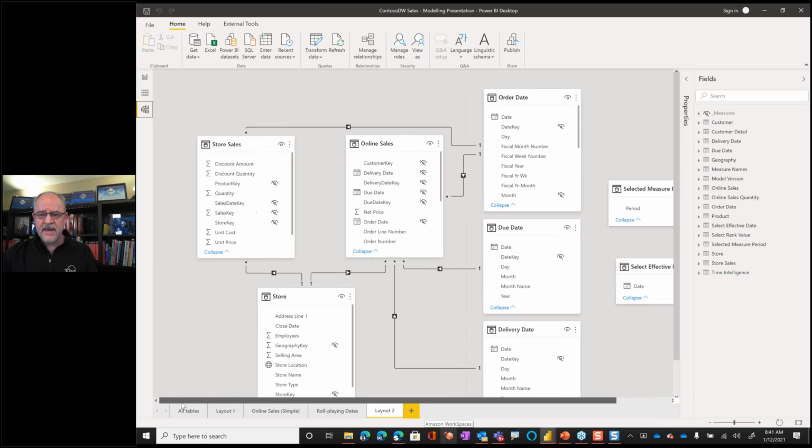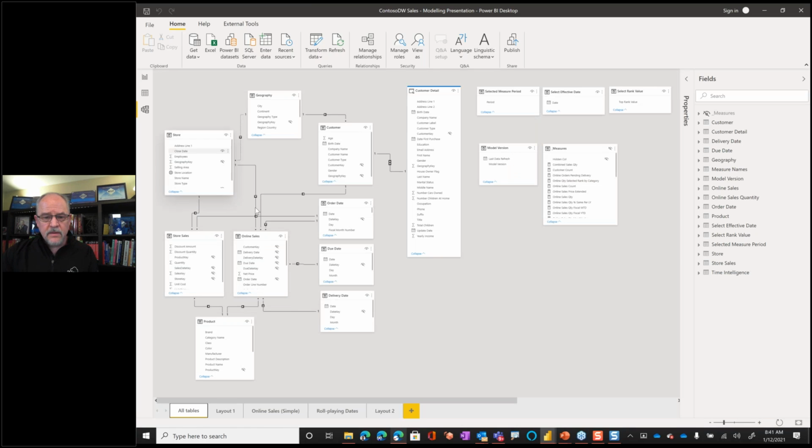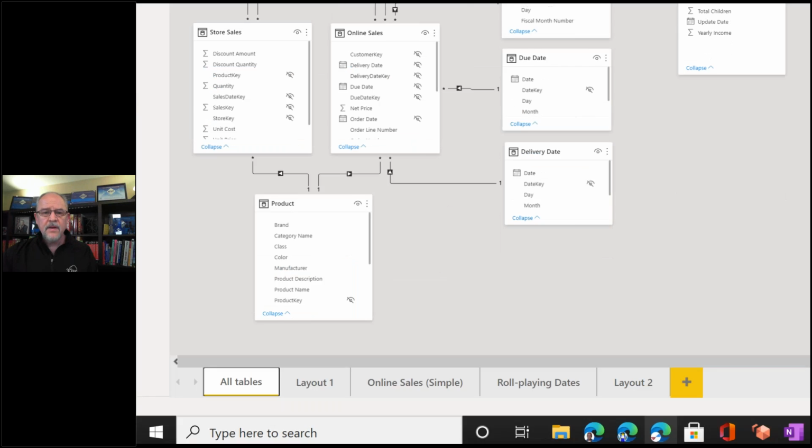So you can see that here's store sales. This is my fact table. There's my store. Okay, and I need to go back to a larger view and zoom in here. There's store sales.